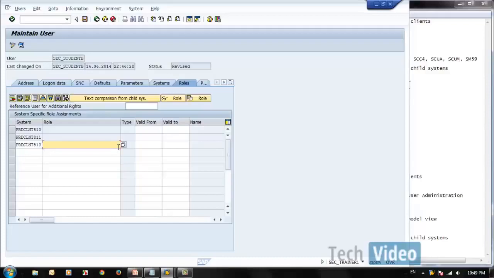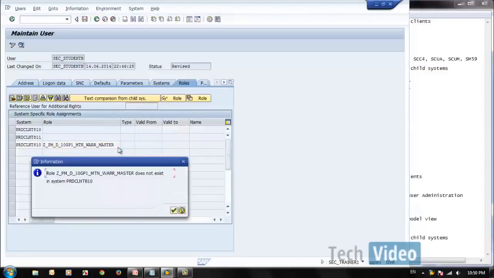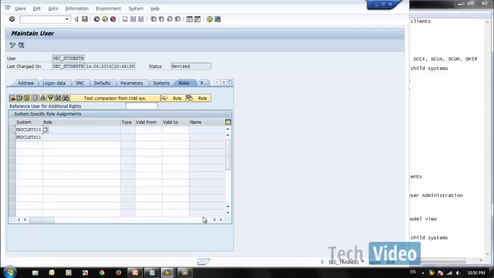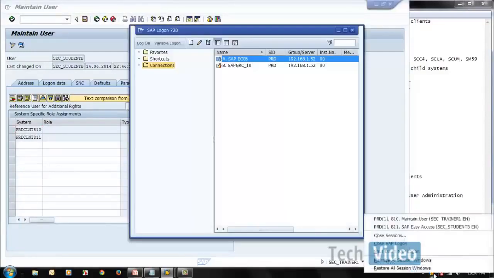If you remember, for this role download upload we did something. Let's try to find that. Okay, this was one of the roles which we created. Let's assign this. The role PM warranty master does not exist in client 810, but I'm not sure, because we know this was what we created before.